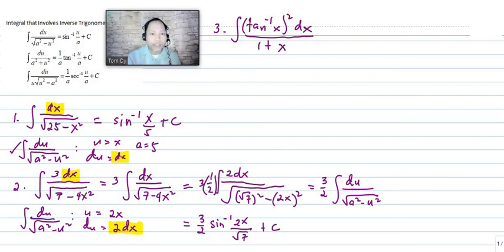1 plus x squared. Okay, so this time you have to select what will be your u, what will be your du. But of course, you have to select first a formula for this one. Now, if you have noticed here, if you apply this one, 1 plus x squared, you have to check your du. Okay. So if we use du over a squared plus u squared,